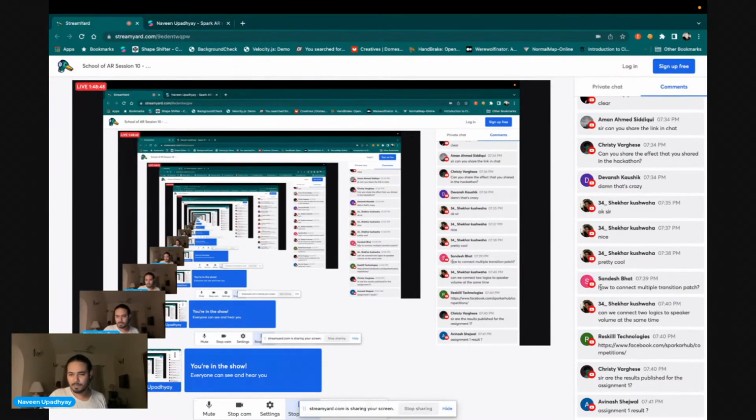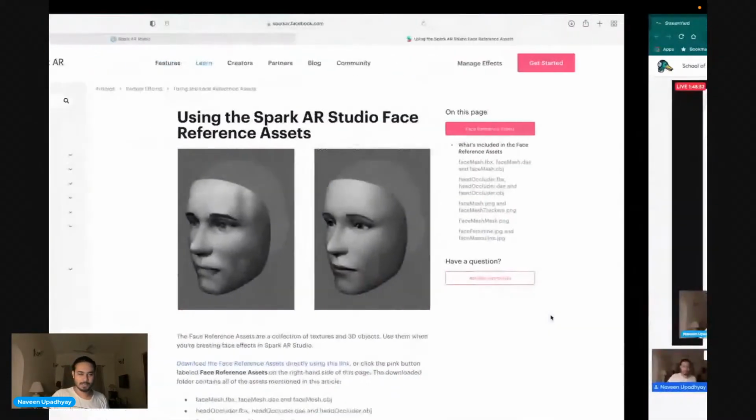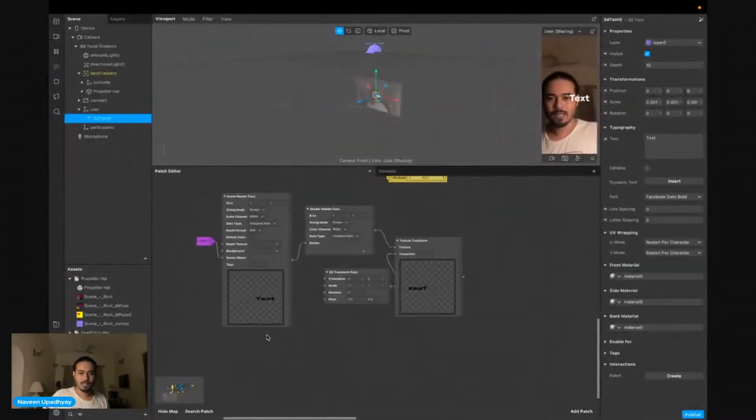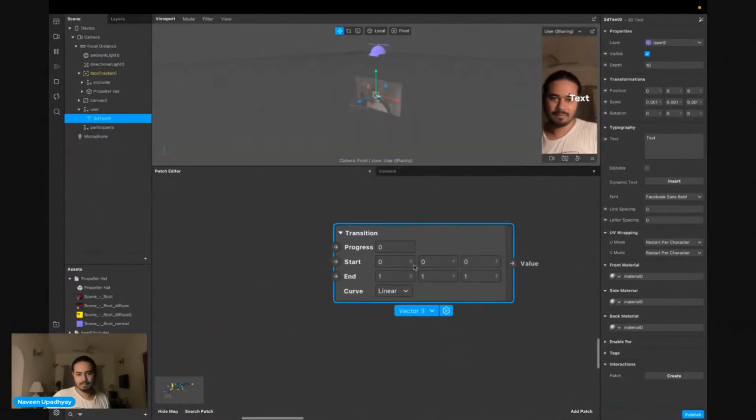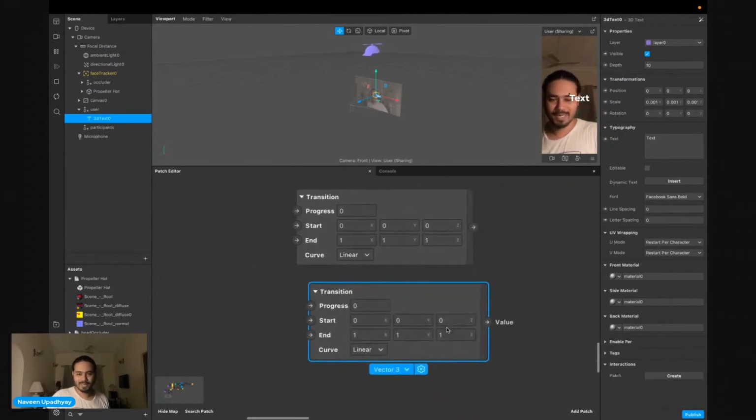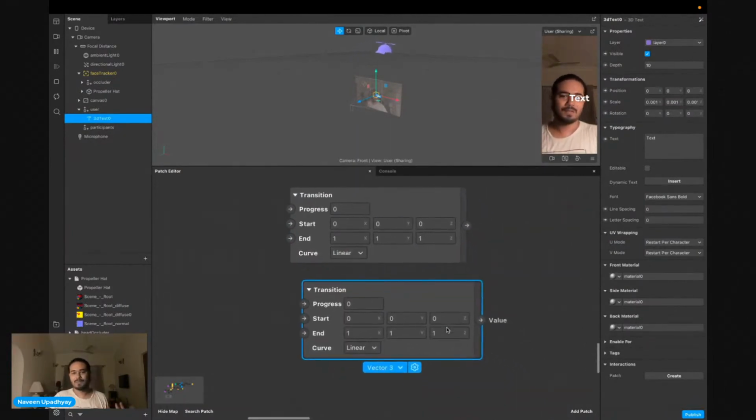So let me try to understand and address your question: how to connect multiple transition patch. Now this is a transition patch, and I have multiple transition patch now. So what do you want to connect with them? There are a couple of things that you can do.